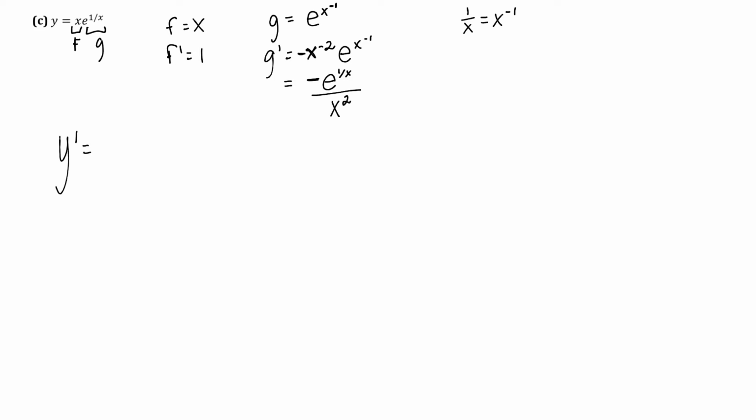So this is f prime g, so that's e. And then, once again, if you want to rewrite it as 1 over x, you can do that at this point. E raised to the 1 over x plus g prime, so negative e to the 1 over x squared, g prime times f. Here, one of these x's is going to cancel. We have e to the 1 over x minus e to the 1 over x,